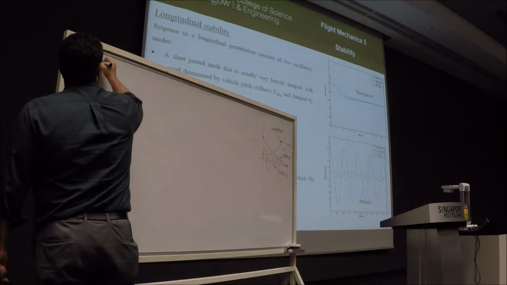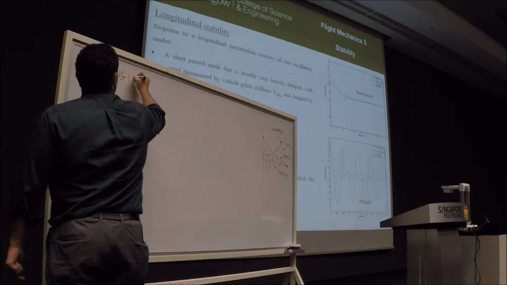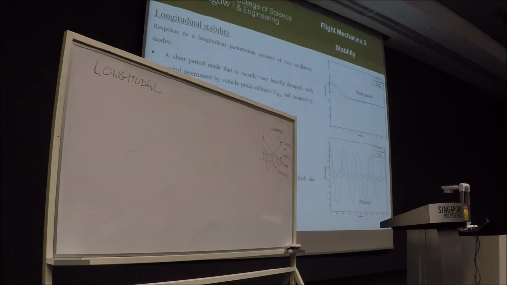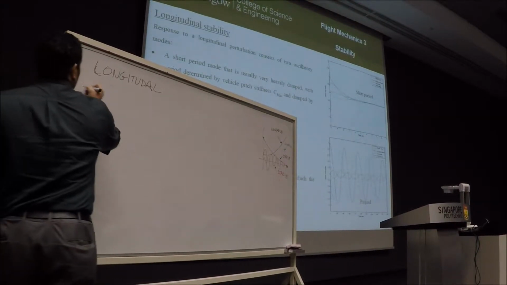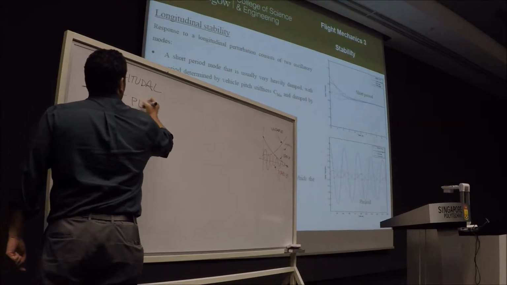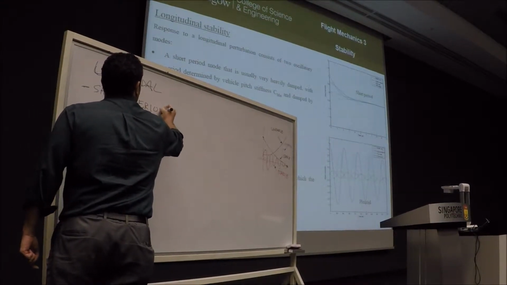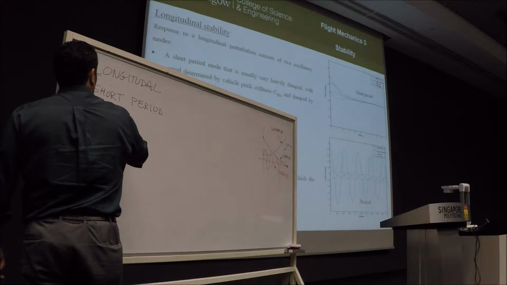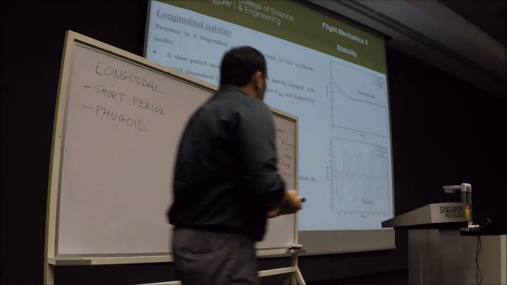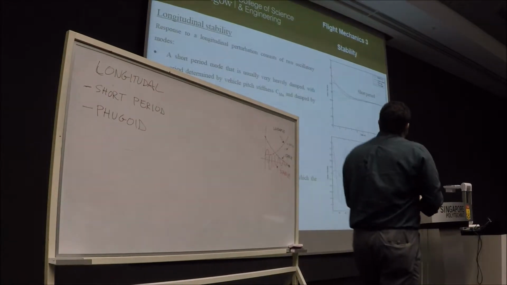So, in the case of longitudinal stability, longitudinal modes, we have short period, and we have phugoid. Okay. Now, what are the characteristics of